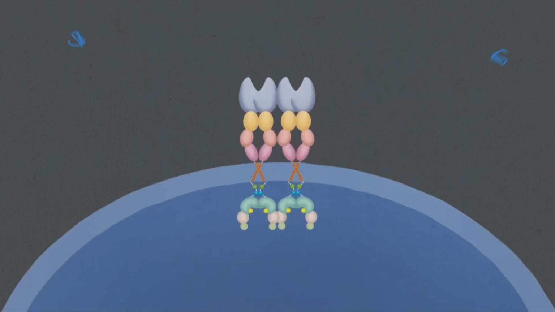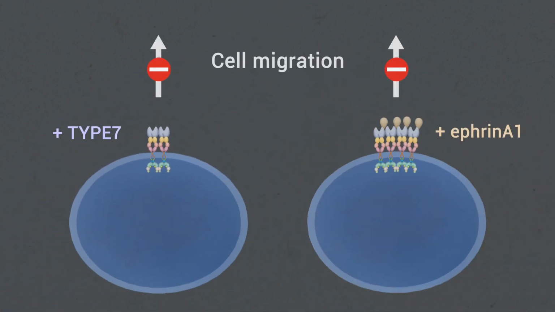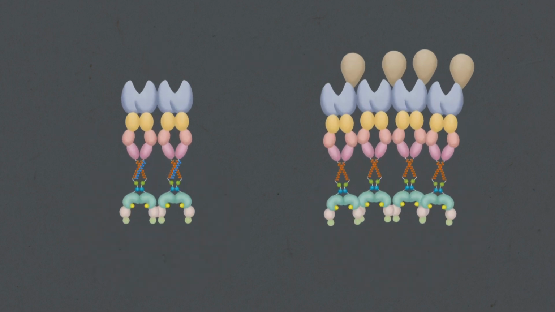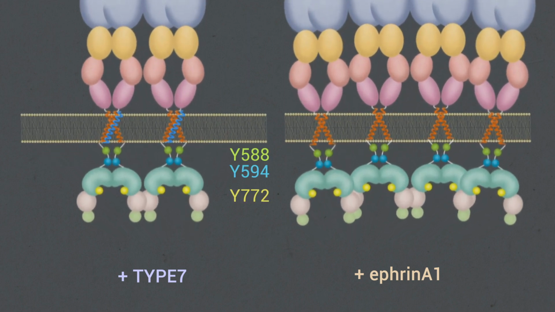Type 7 strongly binds to endogenous EphA2 in cells. Interestingly, the presence of EphA2 facilitates the membrane insertion of Type 7. Once Type 7 binds to EphA2, there is a signaling cascade involving dephosphorylation of AKT that inhibits cell migration as effectively as ephrin A1. However, the molecular mechanism used by Type 7 to activate EphA2 involves a different pattern of